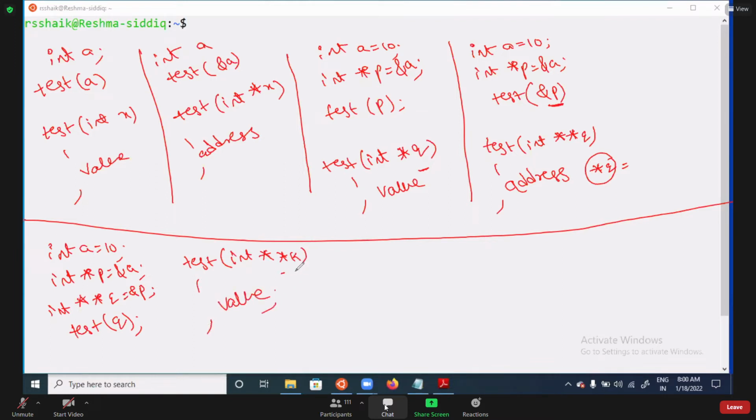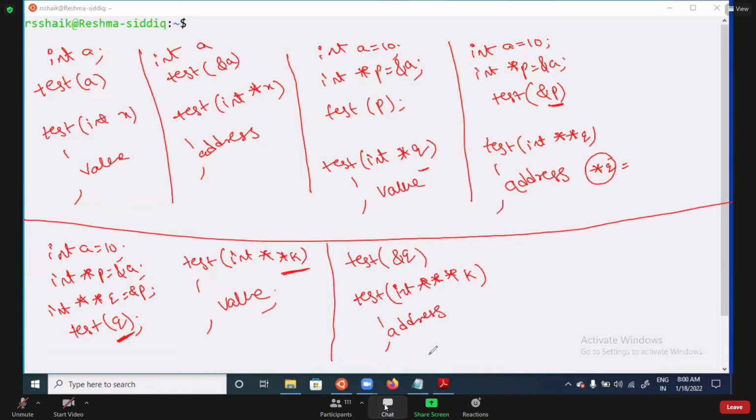Why? Because if k is modified, q will not be affected. But if you pass the address of q and collect it with a triple pointer, then that is nothing but call by address. Am I clear?